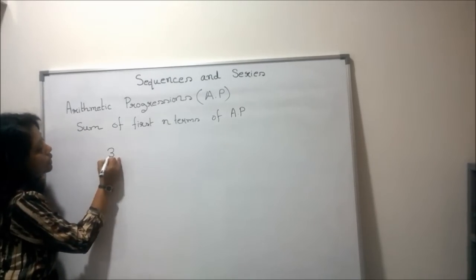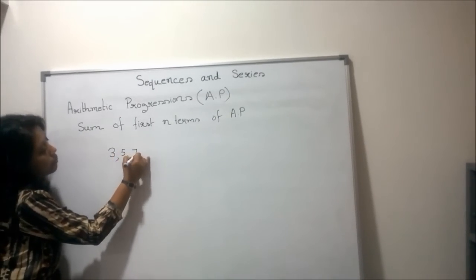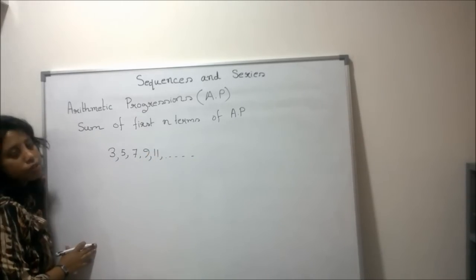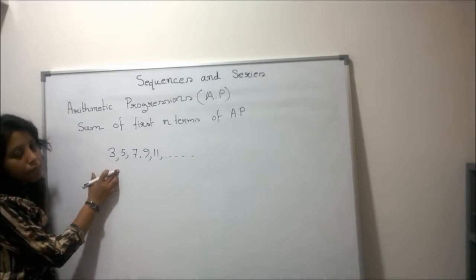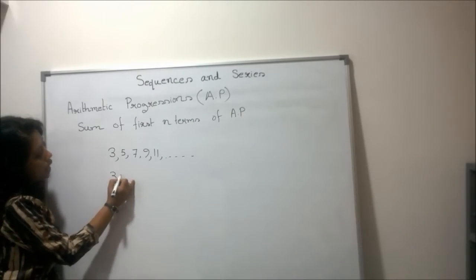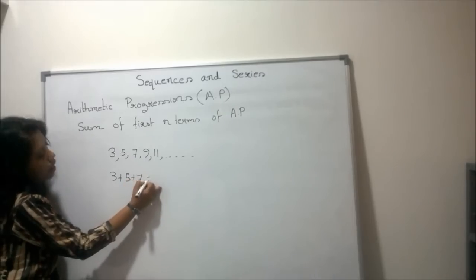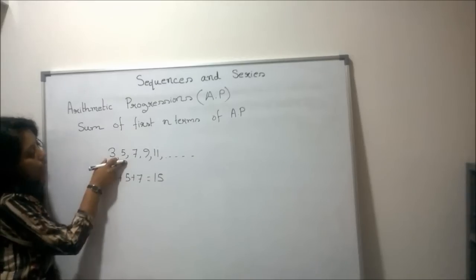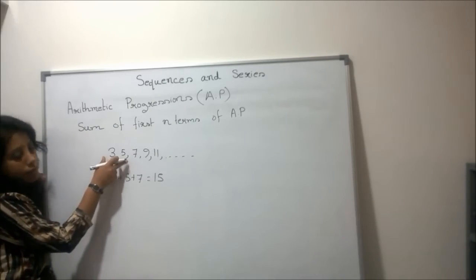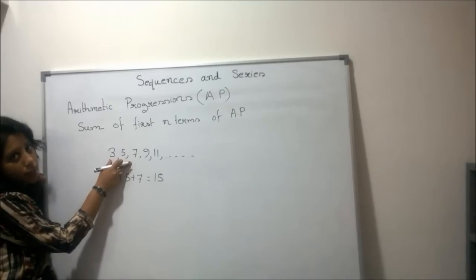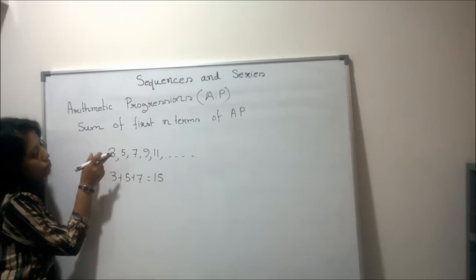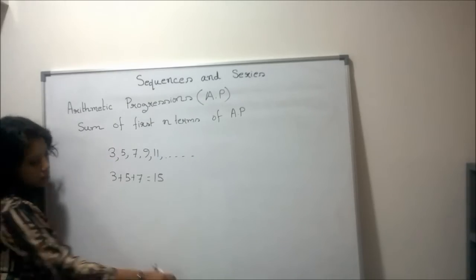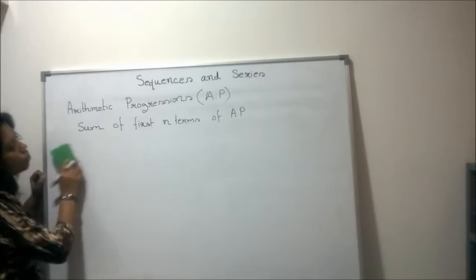If our sequence is like 3, 5, 7, 9, 11 in this way, and we say first find the sum of the first 3 terms, you will just add 3 plus 5 plus 7 and you will find this is 15. It's so easy. But if we say find the sum of 50 terms of this sequence, it is very hectic. So we have to find a general rule to find the sum of n terms. Okay. So we know the